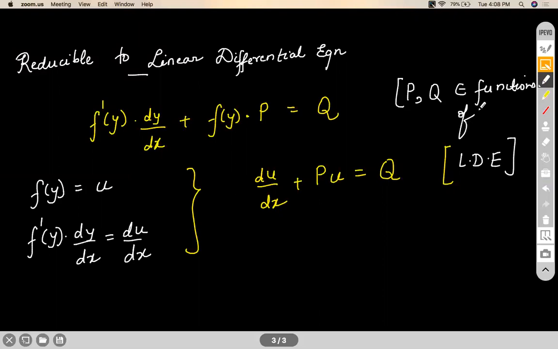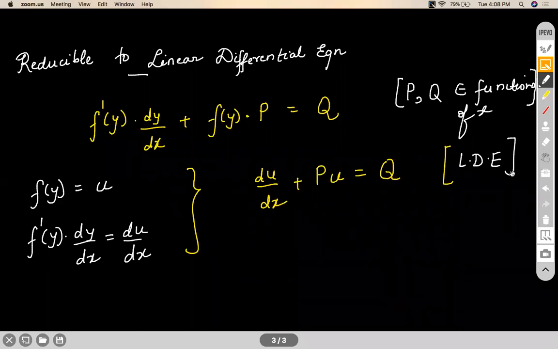Okay. It depends on the question. So I'm just taking an example of this nature. You could have the other way around also. You could have y as your independent variable, and some function where you are choosing f of x as a u. Those kinds of small changes may be there in this type, so I'm not mentioning that over here.